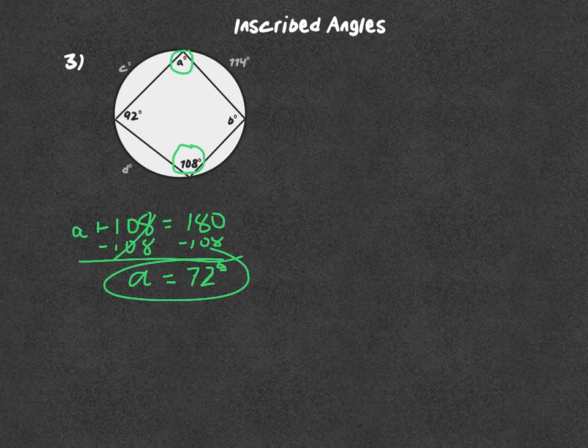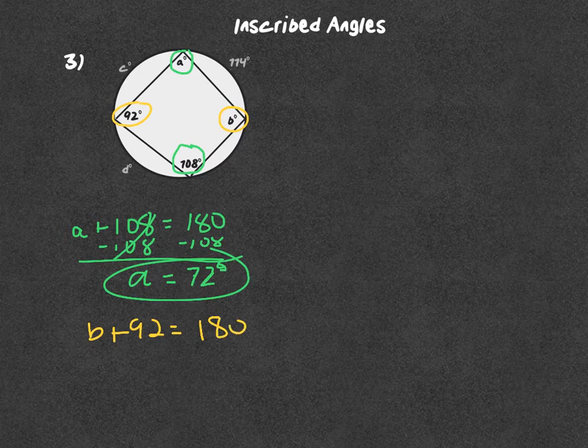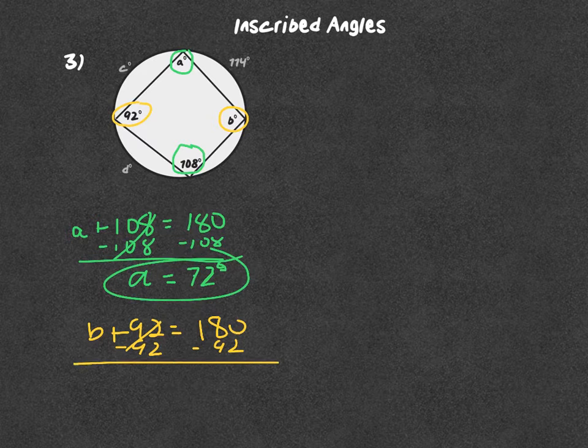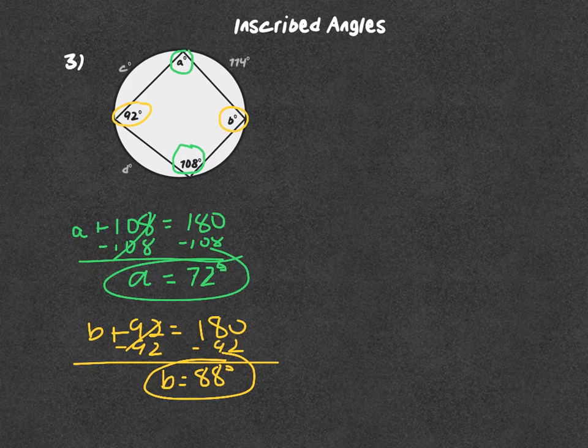So you have A. And then we can find B in a similar way. Opposite angles are going to be supplementary, so B plus 92 is equal to 180. Subtract the 92, and B is equal to 88 degrees. So now we have A and B, and so we should be able to find C and D using that